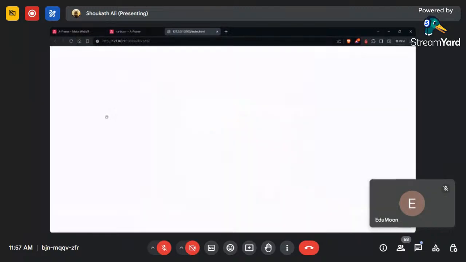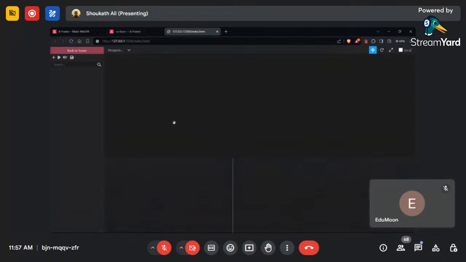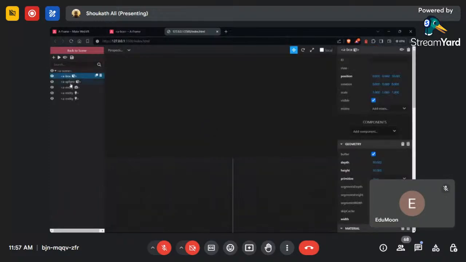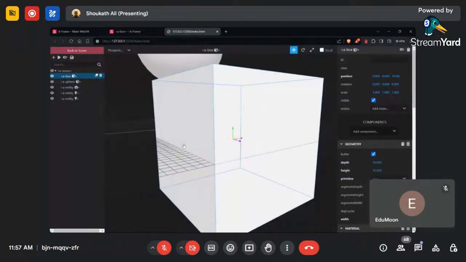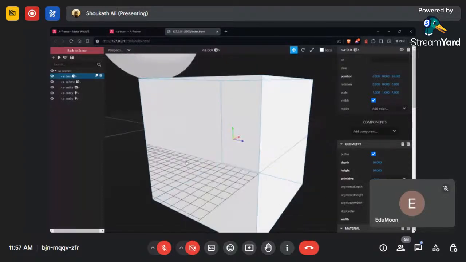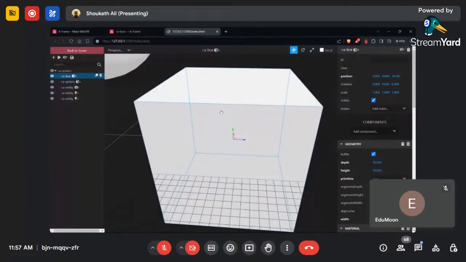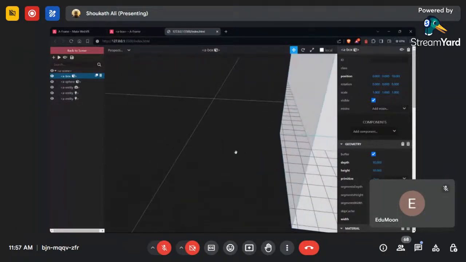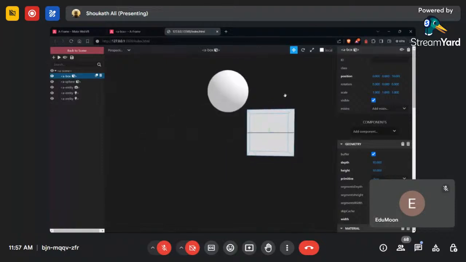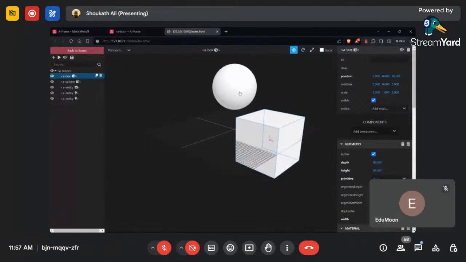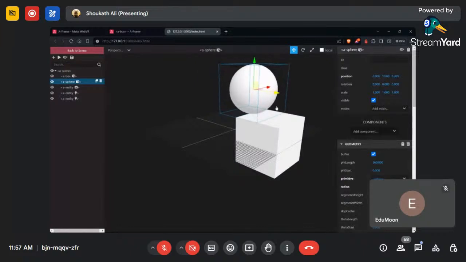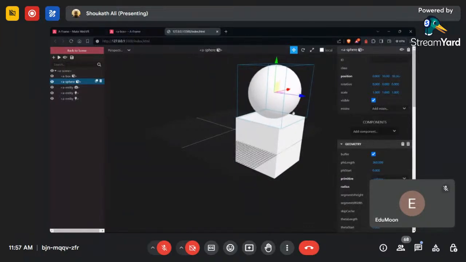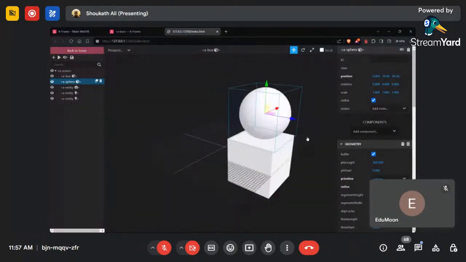I lost it. So box, F. How do I? I can't scroll out here, right? So now where do I want my sphere to be? I want my sphere to be on top of this cube. So I first align them through this visual editor or inspector for that matter, whatever you want to call it. Now, once this is done,